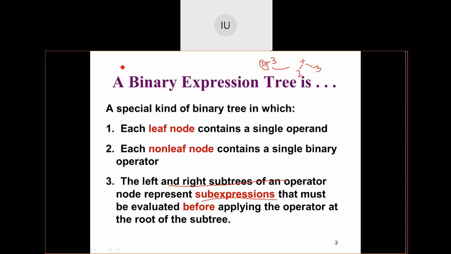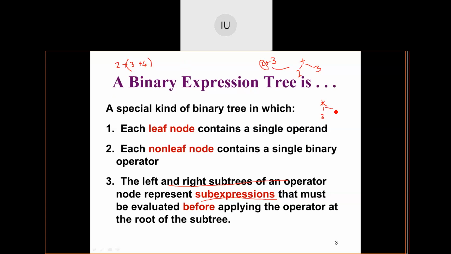Now, suppose I have an expression like this: 2 plus 3 star 4. Suppose there is a bracket given for this. Whenever a bracket is there, the BODMAS rule has to be applied, and according to the BODMAS rule, star will take the higher precedence. So how will the tree look? Star will come at the center. To its left is 3.